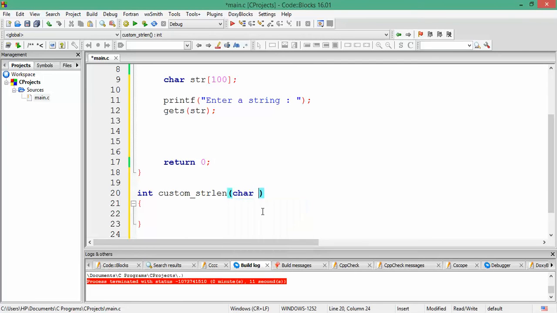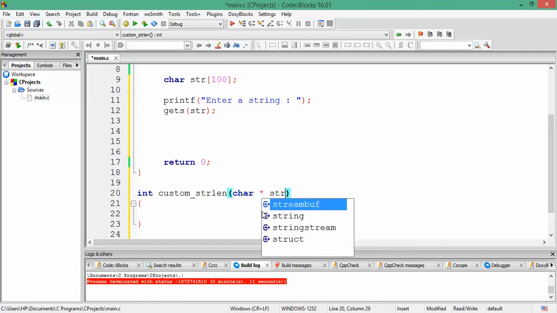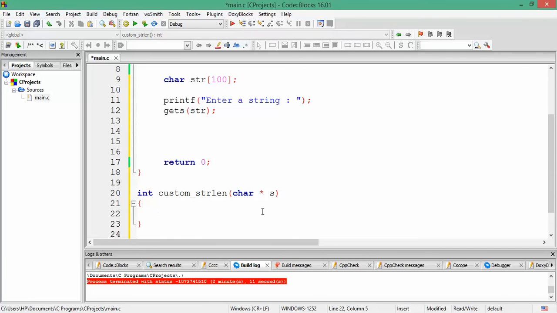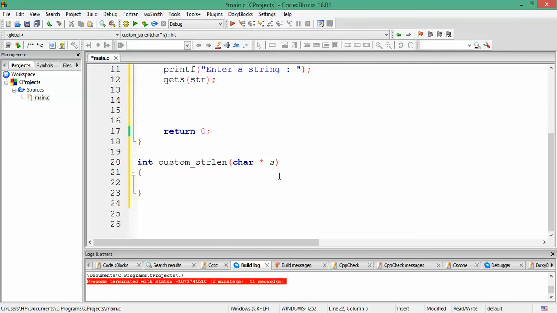The data type of a character pointer is char asterisk. Let us name it s. So the parameter that we are taking is of data type character pointer.